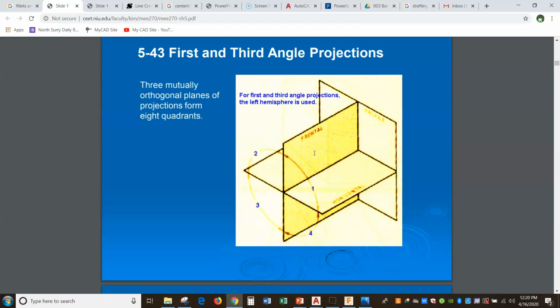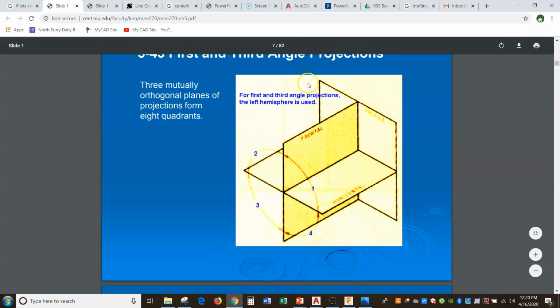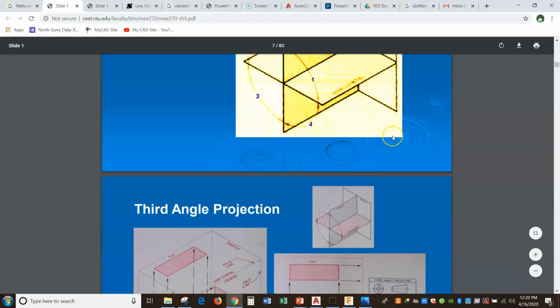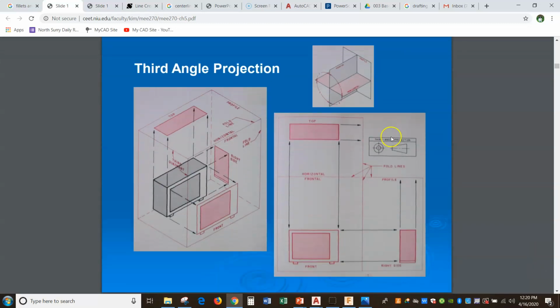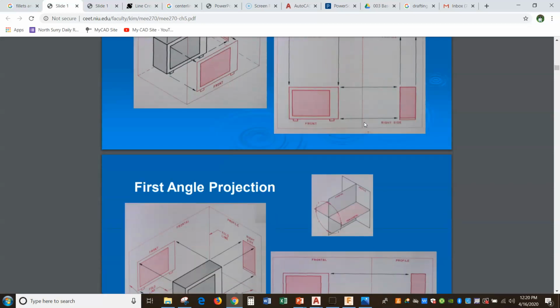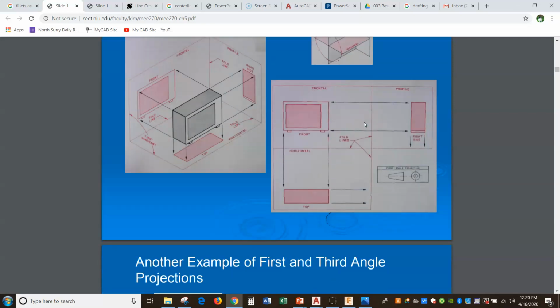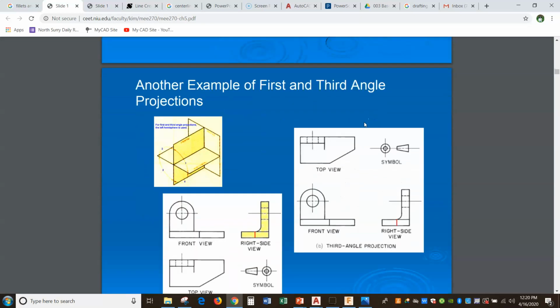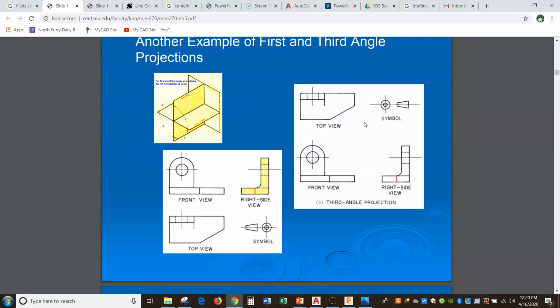Okay, we work in what's called third angle projection. We're not going to worry about this too much. It's just a term you sort of need to know. In third angle projection, we again project out what we see onto the front, onto the top, and onto the right side, just like if it was sitting inside of a glass box. So when we look at it in third angle,